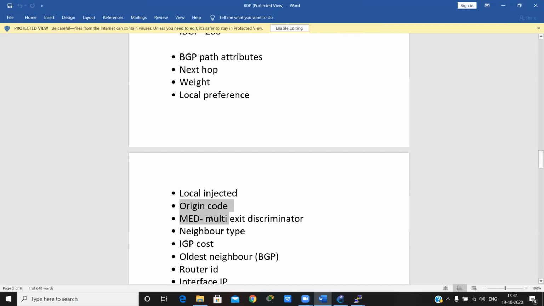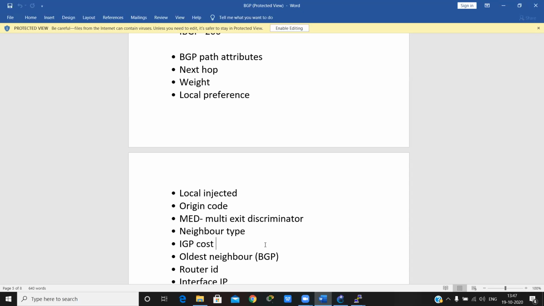If anyone wants to learn about all these things, ping me and I can send a doc file regarding them, like what path attributes, next hop, and weight are. These are not so important in your cyber security courses; they are more important for those interested in the networking domain.